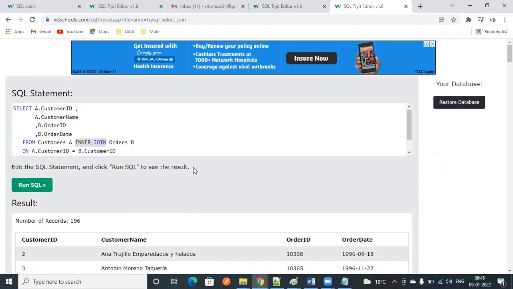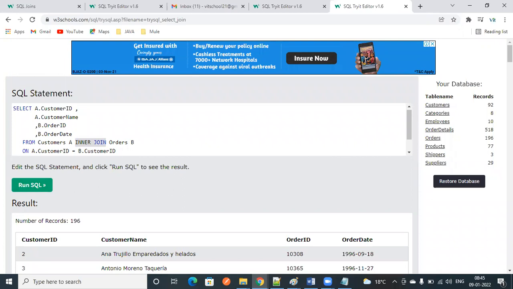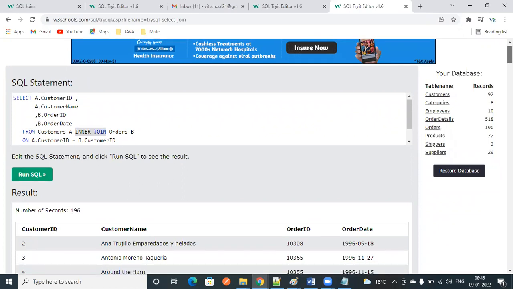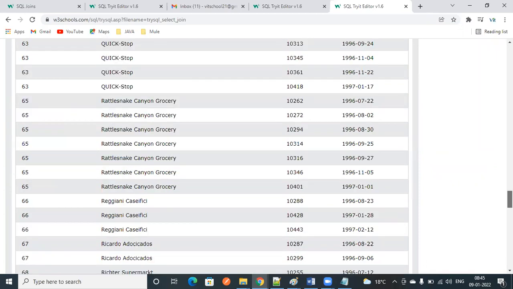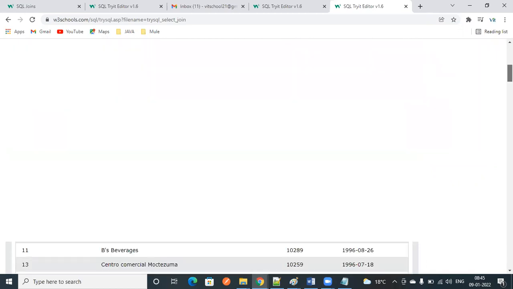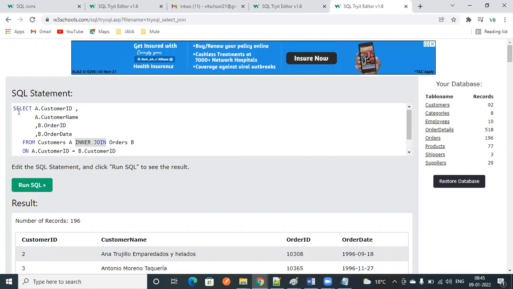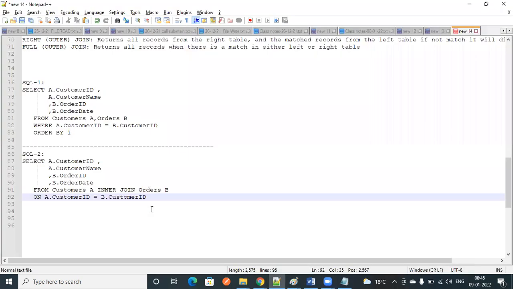See, if you observe here, as soon as you execute the query, you will get the same values. Earlier we used where clause and comma. Now we are going to use the keyword inner join so that you can easily identify which join this is, whether it is an inner join or left outer join or right outer join. So that's why we are going to keep this.